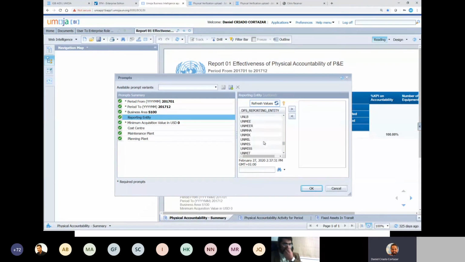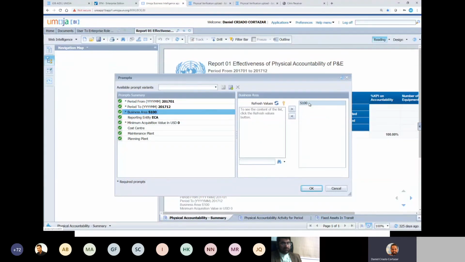Let's say I'm scrolling down here. Usually, yes, it's sorted in alphabetical order. So you click on ECA in this case, and you click on the arrow, so it goes to the prompt. And then in terms of business area, by default comes S11, S100. But let me just remove from there, refresh all values,